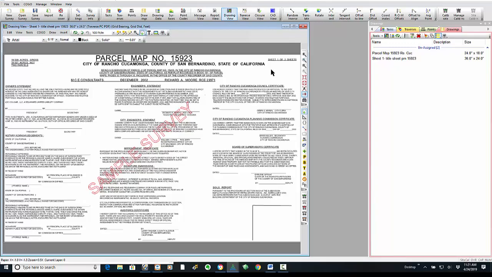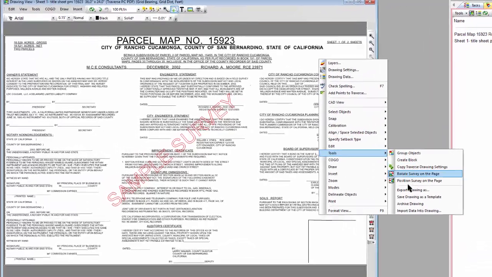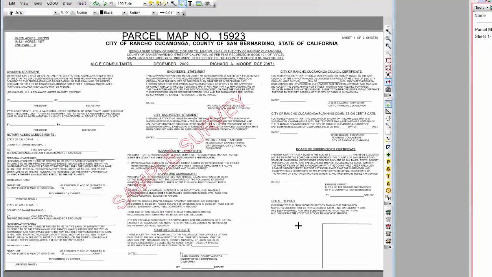So watch how we do that. We're going to right-click, Tools, Save Drawing as Template. Let's save it right here, and let's call it San Bernardino County Sheet 1. Okay, don't know if I spelled all that right and everything, but now I've got a template